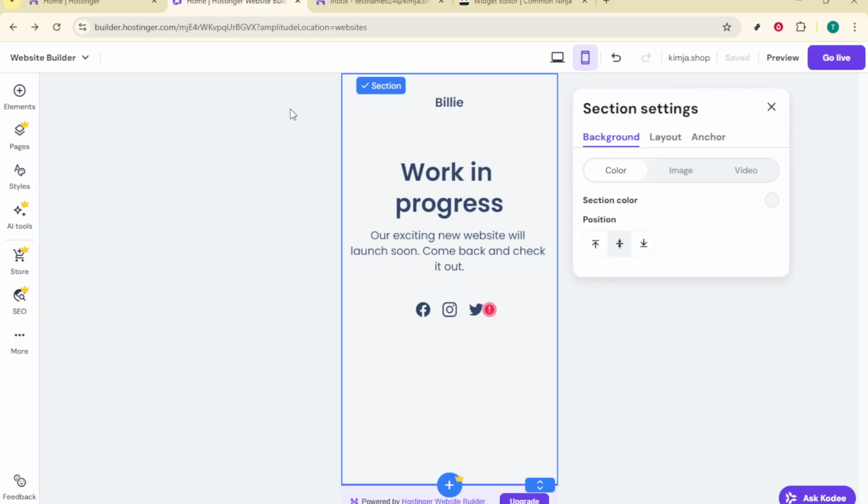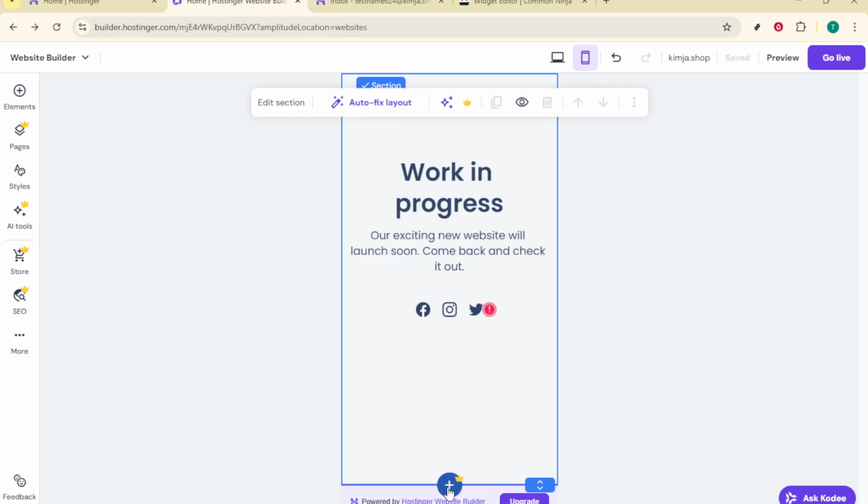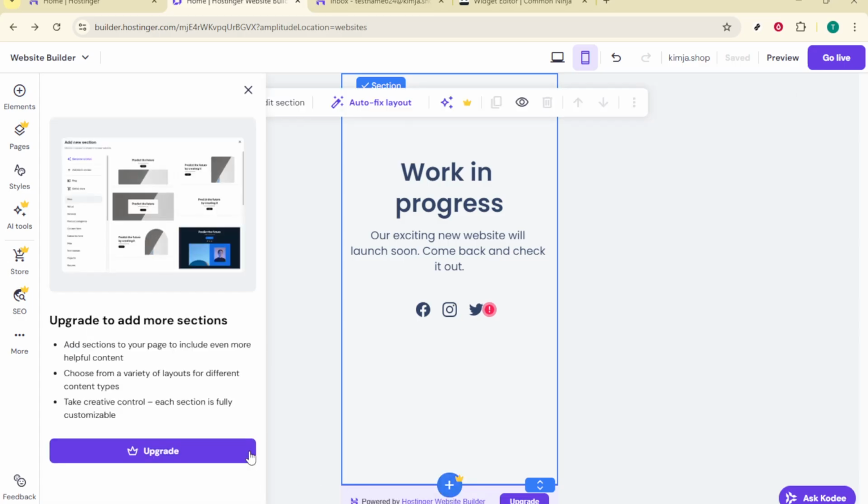Now that you have the navigation panel in front of you, let's look at adding a new link or page. If you want to add a link, simply click on the Add Link option. At this point, it's important to give your link a name that clearly describes where it leads. Once you've renamed it, you'll need to choose the destination for your link. It could be an external web address, an email, or even a specific section of your own site, depending on